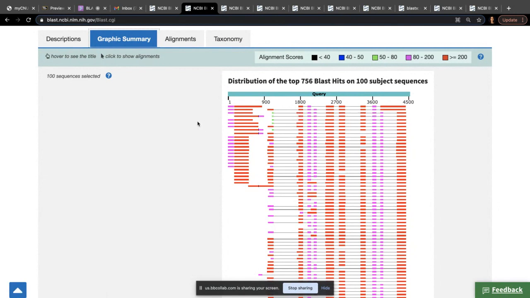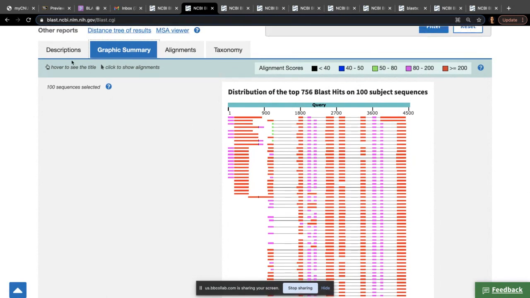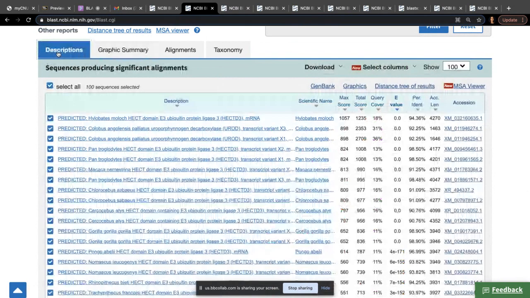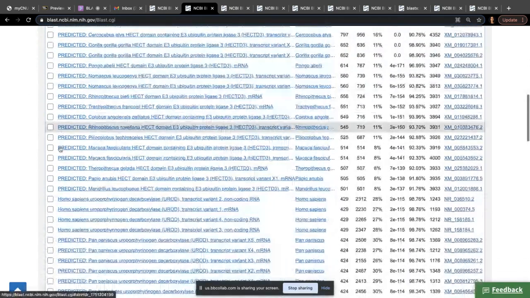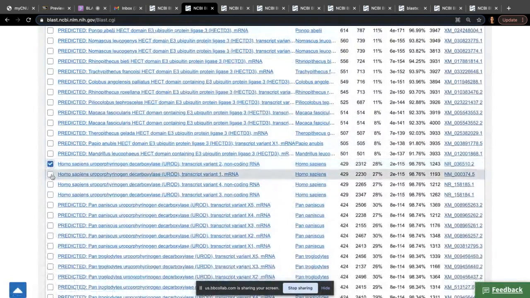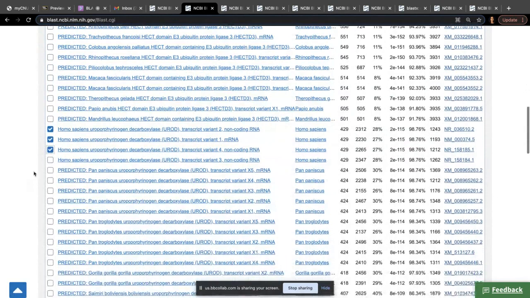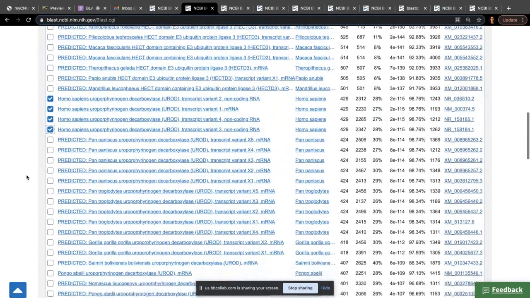So this one would be, okay, that predicted, this one predicted. Okay, so then I might go like, all right, I want the ones that we have biological information for. So I'm going to unselect this and I will select only the stuff that doesn't say predicted. And then you can see here, see how there's variant 1, 2, and 4. This might come from alternative splicing. Let's see if they match the same spot on the genome. 1, 2, 3, 4. Good, all four